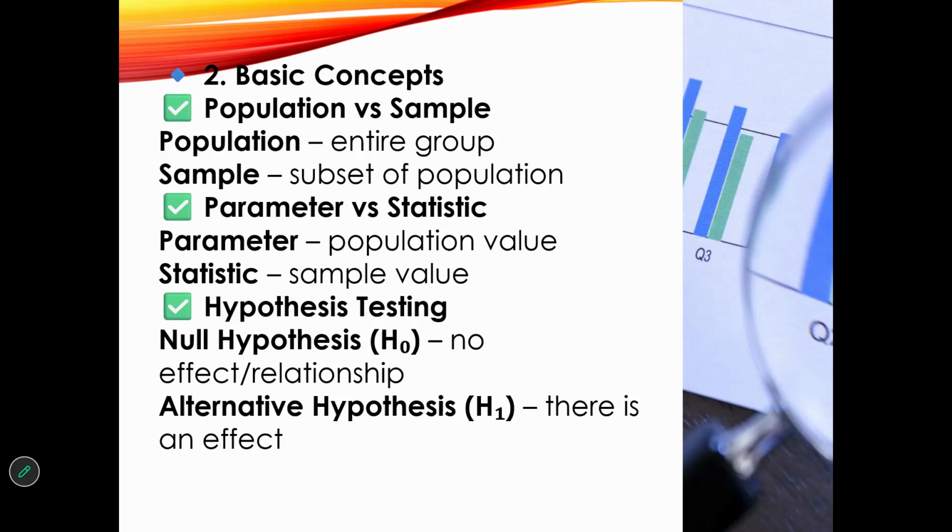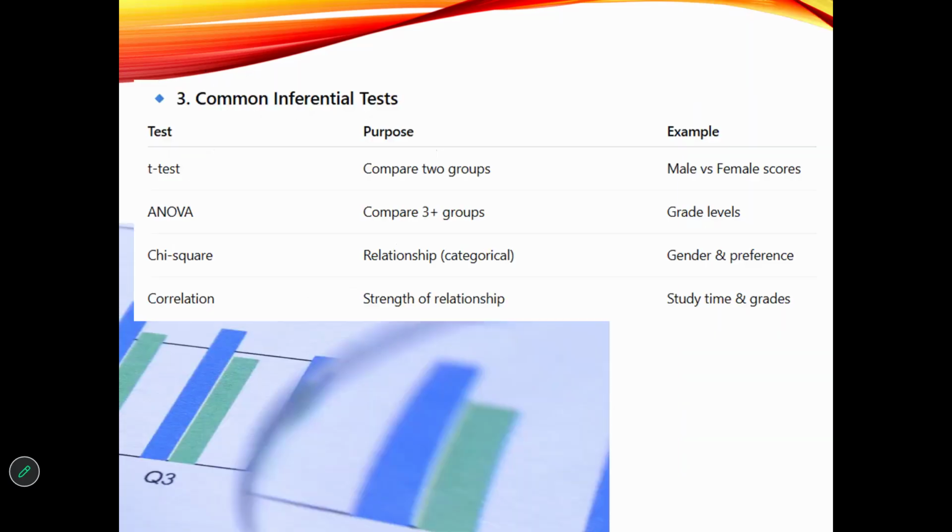So hypothesis testing. Null hypothesis: there is no effect or relationship. And alternative hypothesis: there is an effect. So in your study, as my students, we don't need to have hypothesis testing, because your research is developmental and evaluative. So you will develop your project, and you will need to ask your participants to evaluate your developed project.